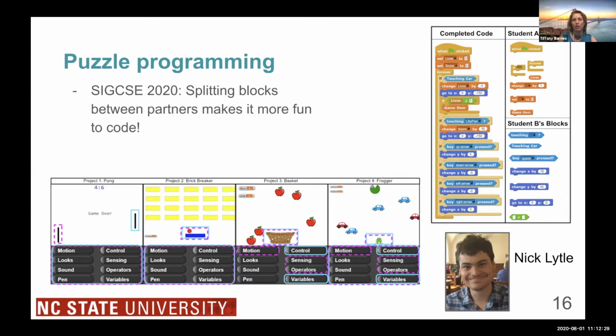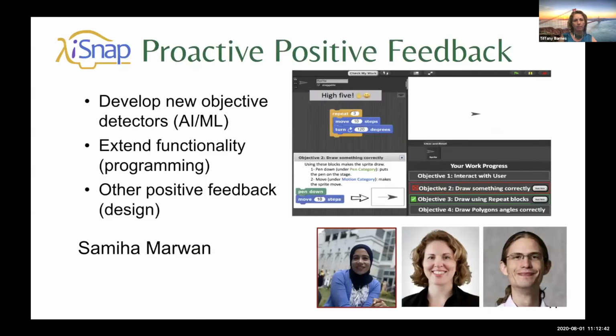So we're planning to investigate that some more in the context of our new CS Frontiers course, which is going to use NetsBlocks to introduce advanced computer science concepts to students in high school. It's a second course after CS Principles, and we're working on that. I think one of the things I'm most excited about right now in our research is our proactive positive feedback